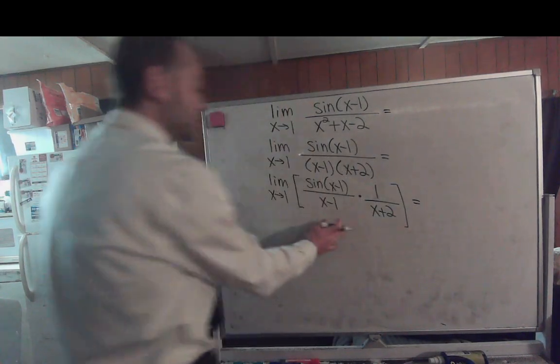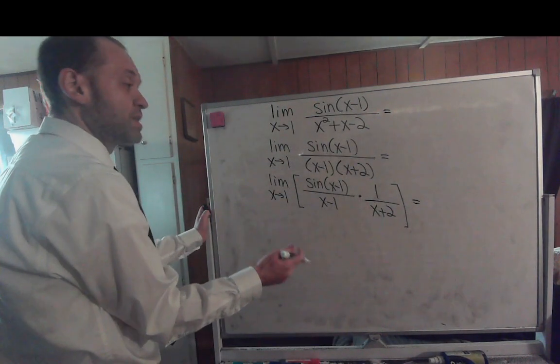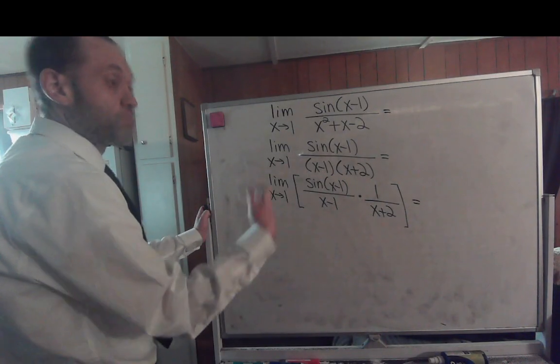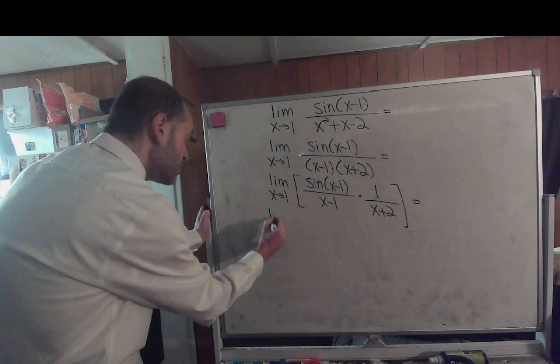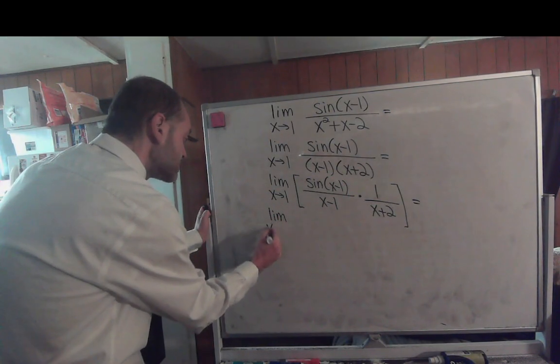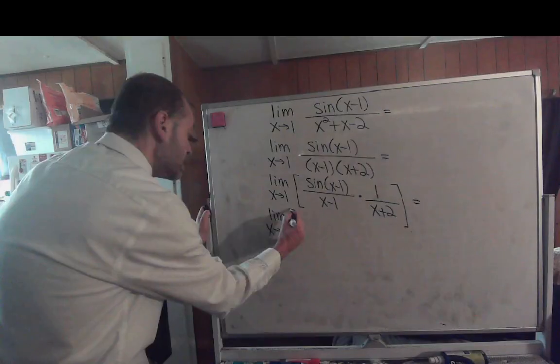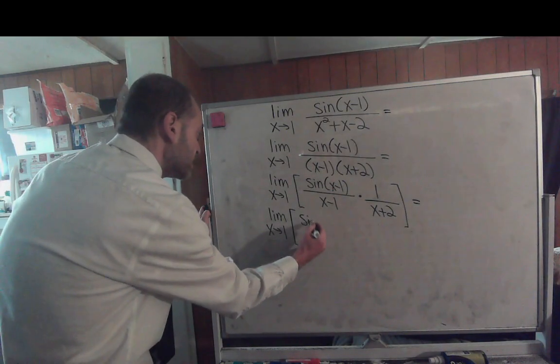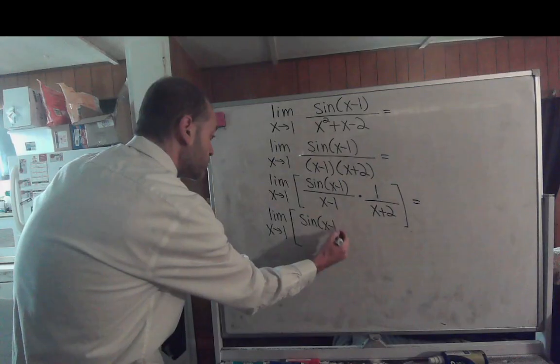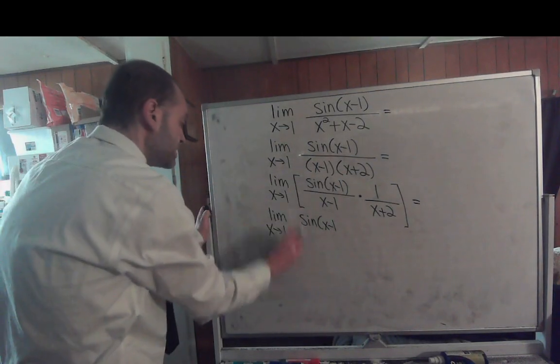Well, the limit of a product is the product of the limits. So we can take the limit as x approaches 1 of the sine of x minus 1,